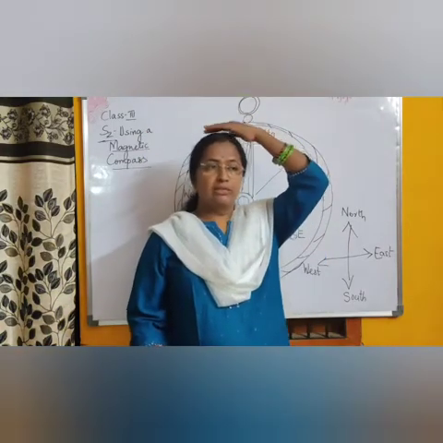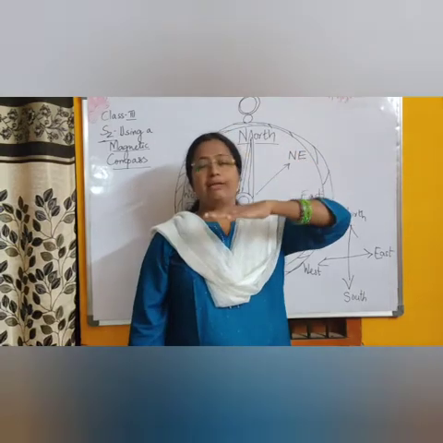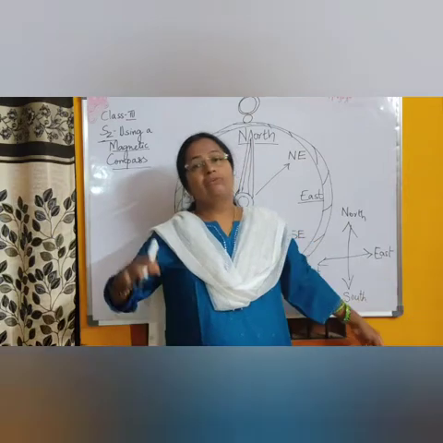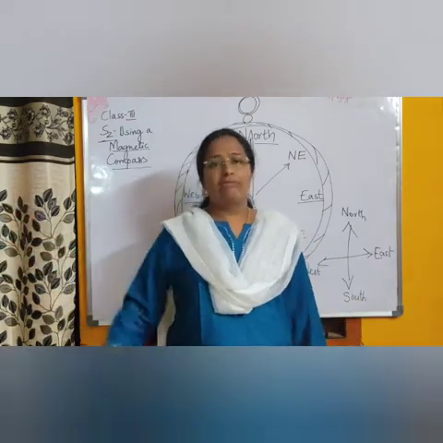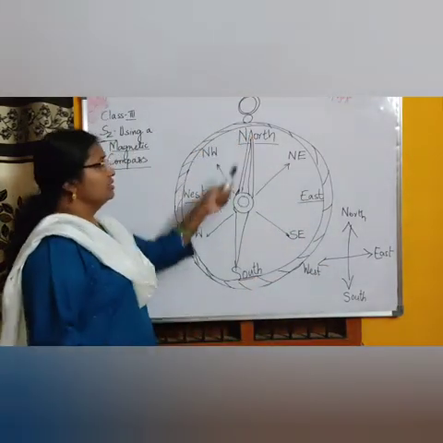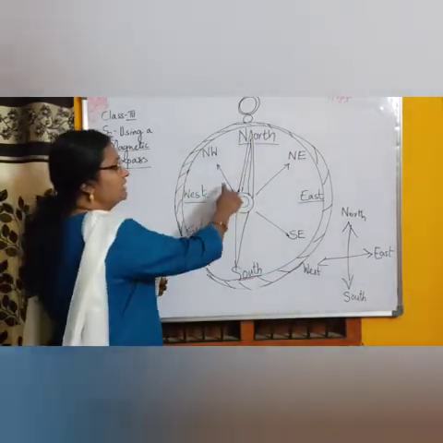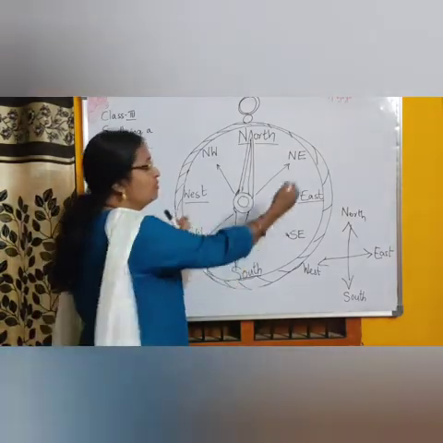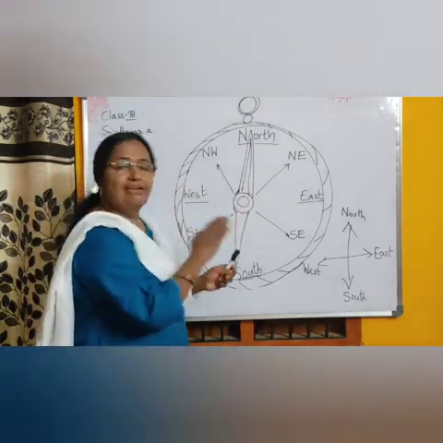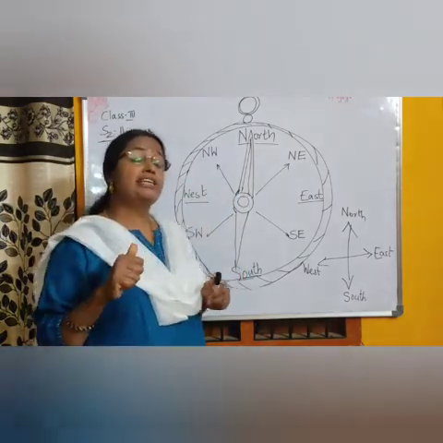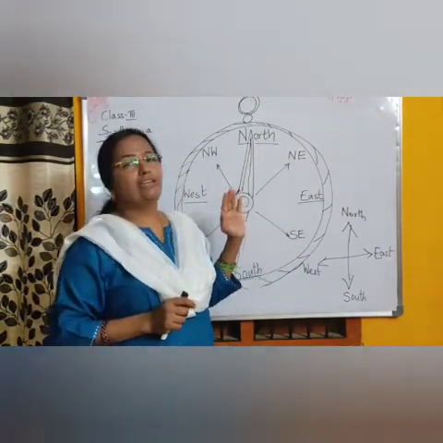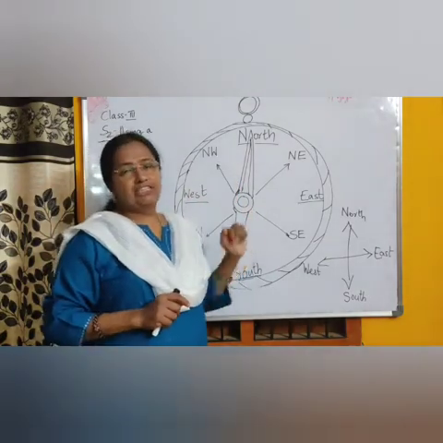If you stand in the middle, towards the left side of the north is always east. Towards the right side of the north, it is always west. Let us check it out in the magnetic compass. This is the north direction. The needle will be moving. If you move the magnetic compass, the needle will be moving and trying to adjust. Why will it be adjusting? In order to show you the north direction, the needle will be adjusting itself.